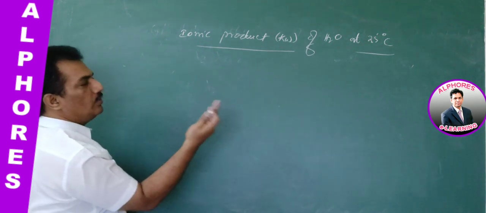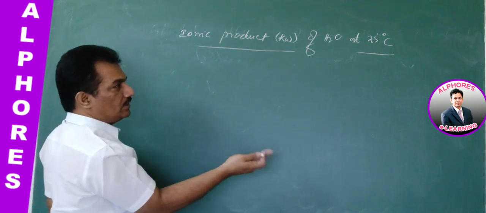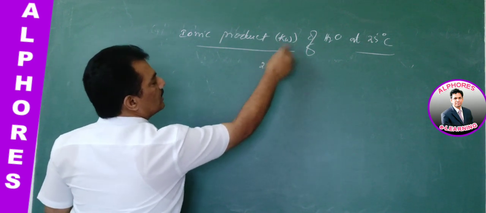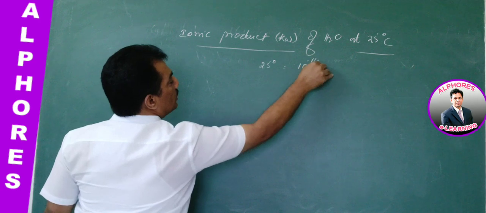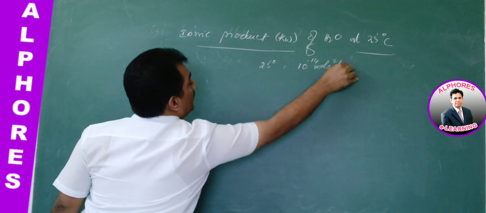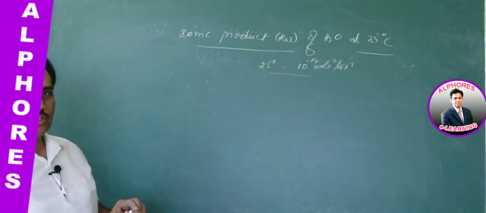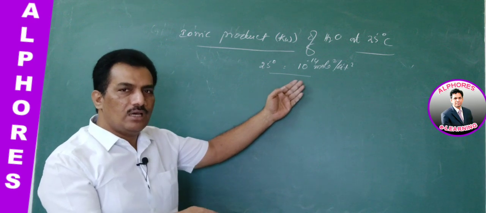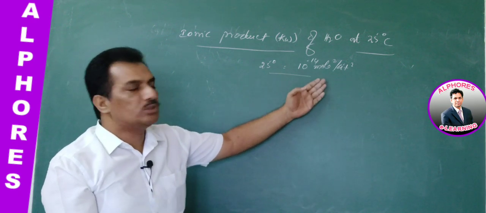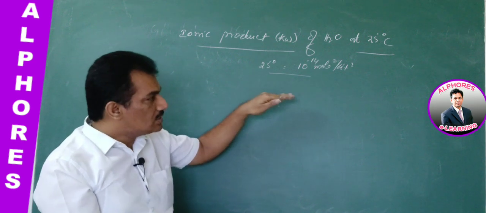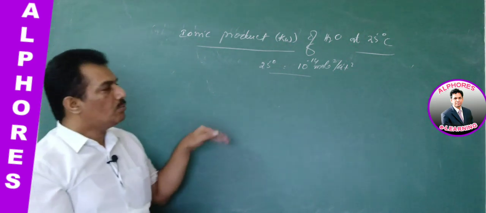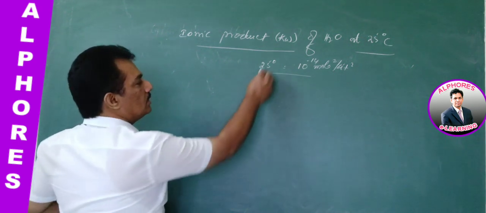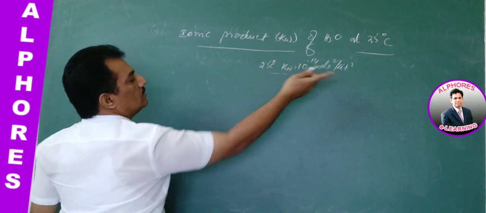And how to find it? If we ask what the ionic product value is, simply you can say that at 25 degrees centigrade it is equal to 10 to the power of minus 14 moles square per liter square. Directly you can give this answer. And now the question is, how are we measuring this? Just imaginarily we are considering that the ionic product of water is like this. But in electrochemistry, we are proving from Kohlrausch law that at 25 degrees centigrade, the ionic product of water Kw is equal to this.